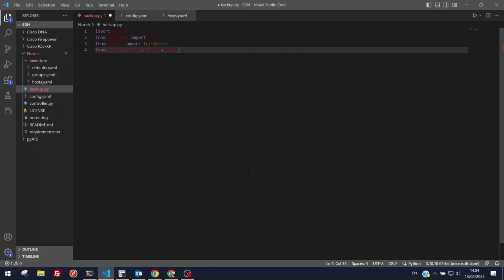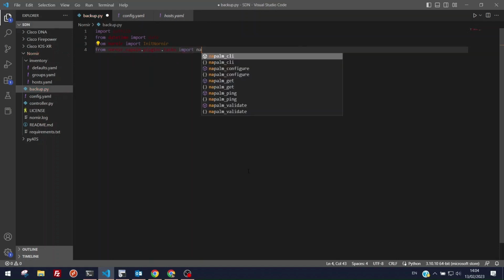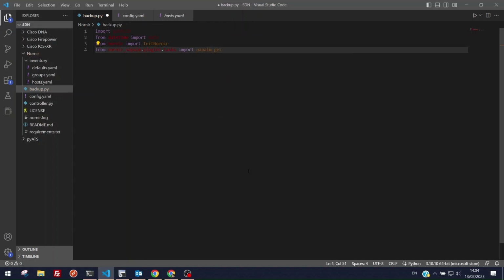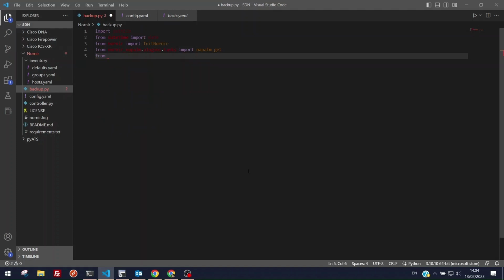So in this particular case, I'm going to use Napalm's get method to be able to fetch configuration file from devices, and then we can also get some tasks. Okay, so task from Nornir utilities,